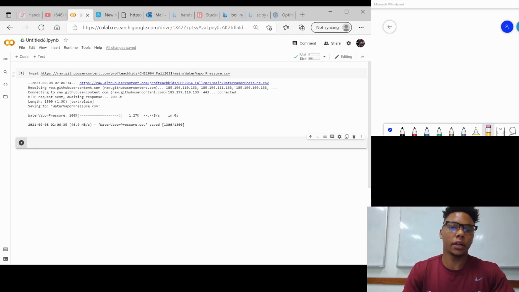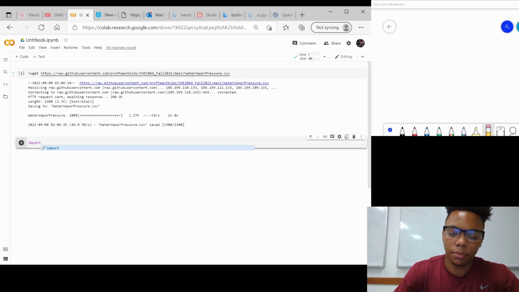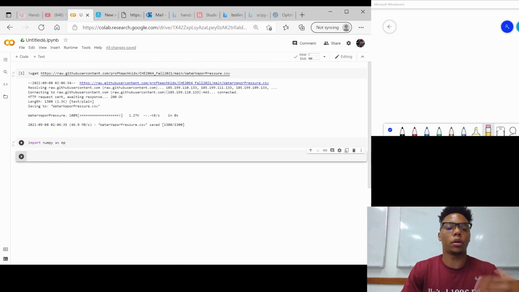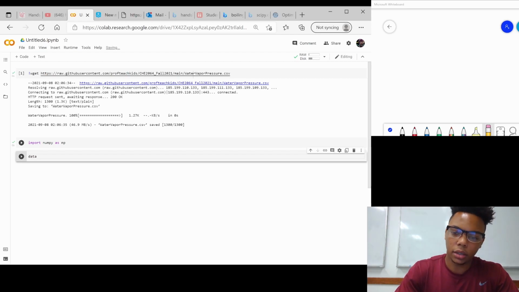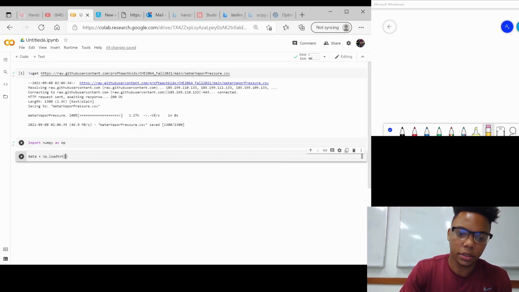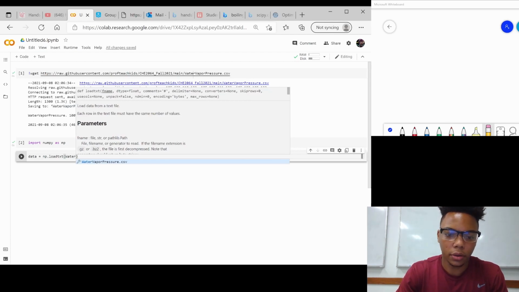Next, we are going to use Python, which is going to be our coding collaborator today. Python's a great interface for what we are about to do. Import numpy as np, Shift Enter. Next, we're going to want to load up our data. To get started with that, we write data equals np.loadtxt, and the name of our file is